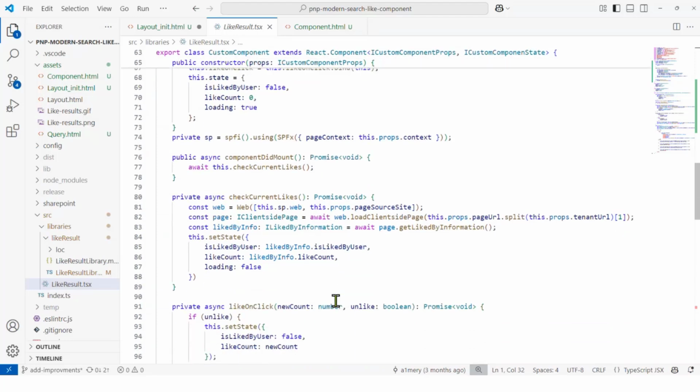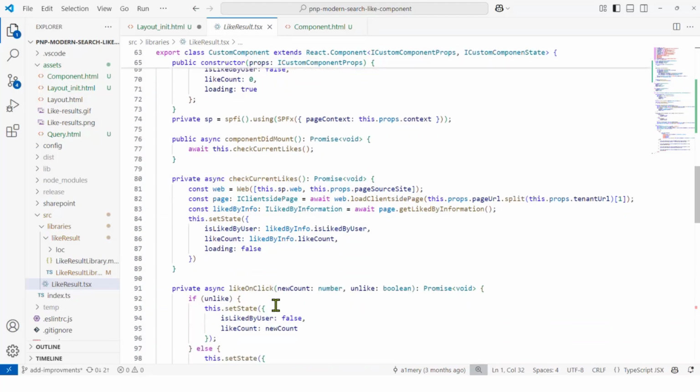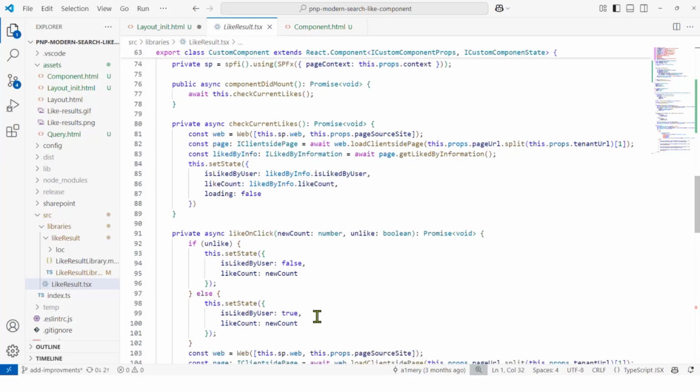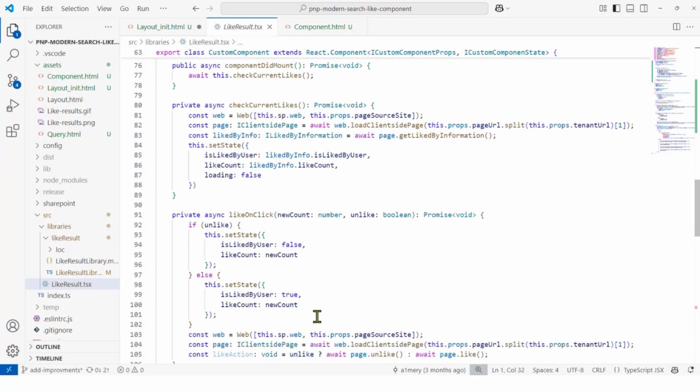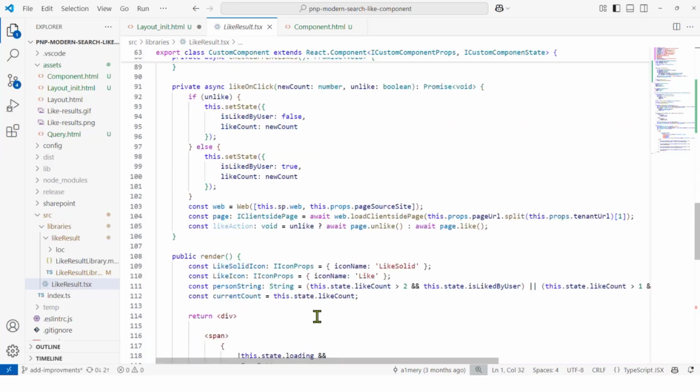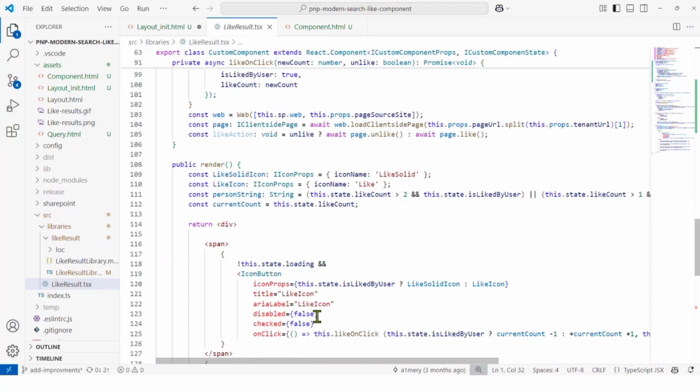And then I also have a method to, whenever a user clicks on the like button, update the like count and change the icon of the like button, depending on whether the user liked the page or not. And finally, the render part, where basically I manage how everything is displayed.